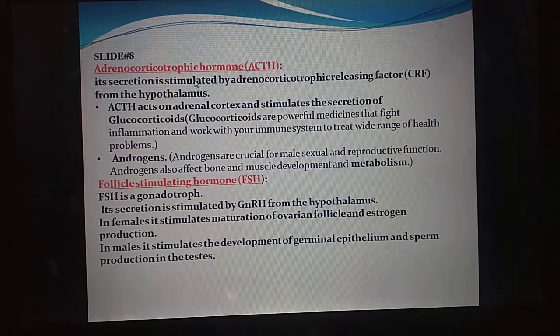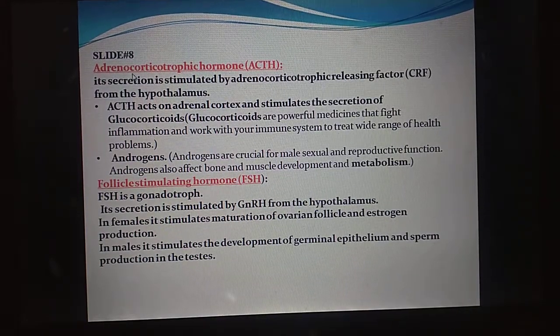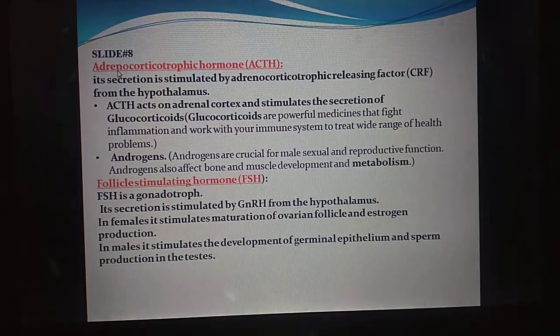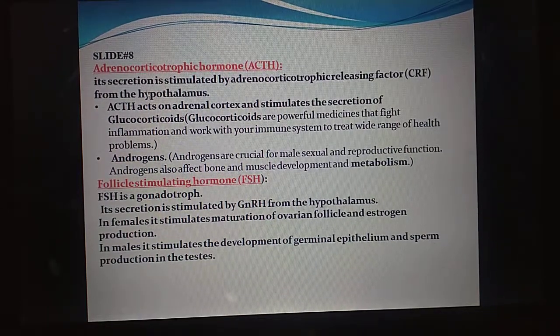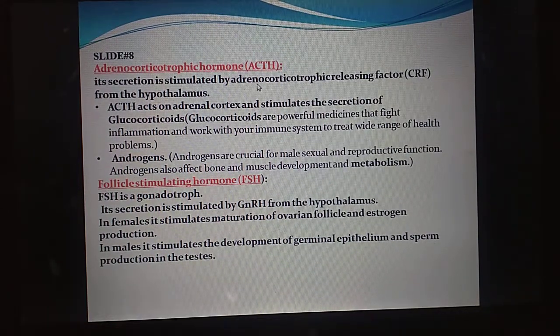Okay. Then the third hormone which is secreted by the anterior pituitary is adrenocorticotropic hormone. Its secretion is stimulated by the adrenocorticotropic releasing factor from the hypothalamus. Again, adrenocorticotropic hormone acts on the adrenal cortex and stimulates the secretion of glucocorticoid, which we had discussed was cortisol. And glucocorticoids are powerful medicines that fight inflammation and work with our immune system to treat a wide range